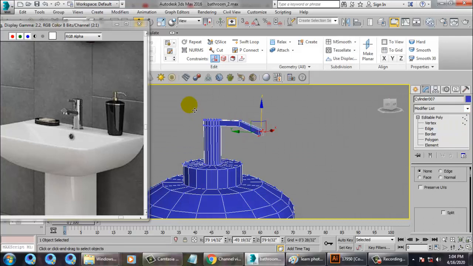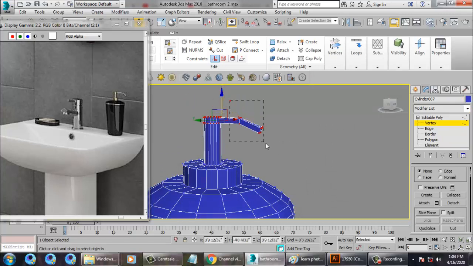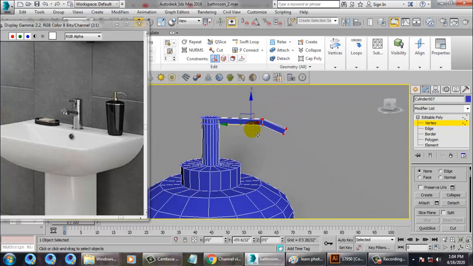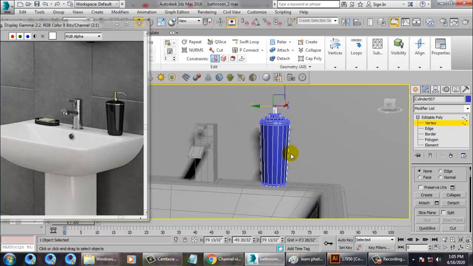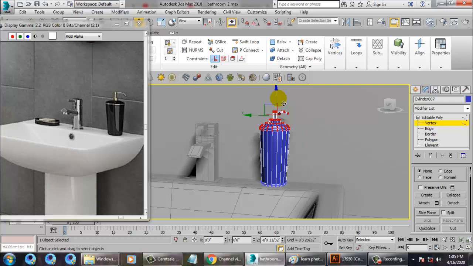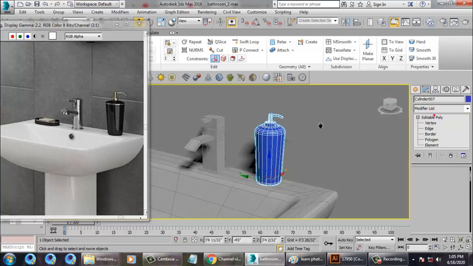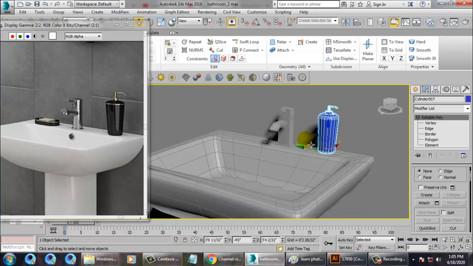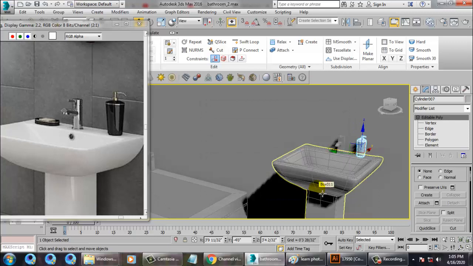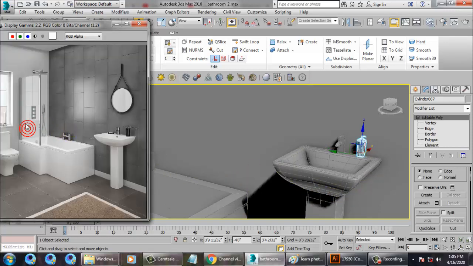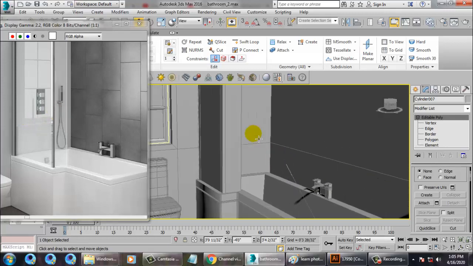So if you want to increase this more, you can just push it a bit more wider. Alright, so save your file. So now what we can do over here is, we have this shower part which is left out.